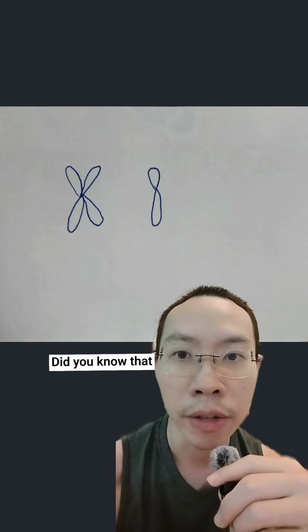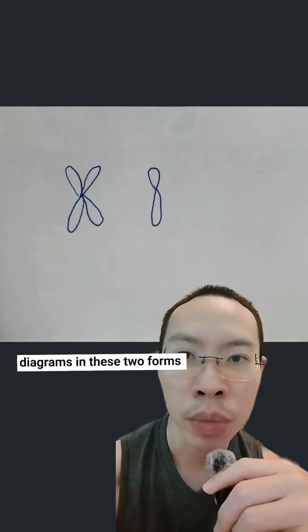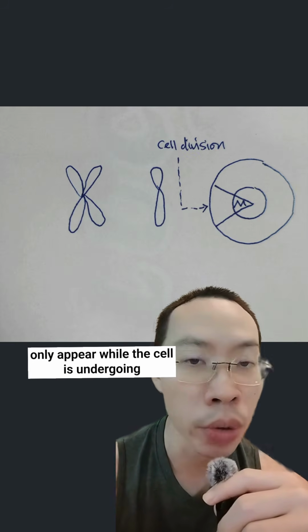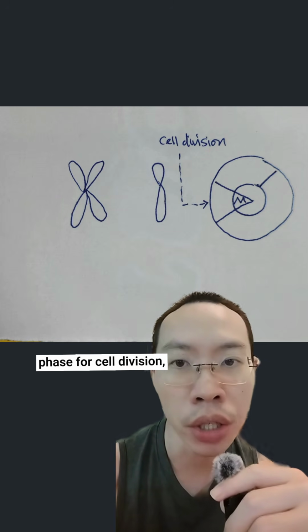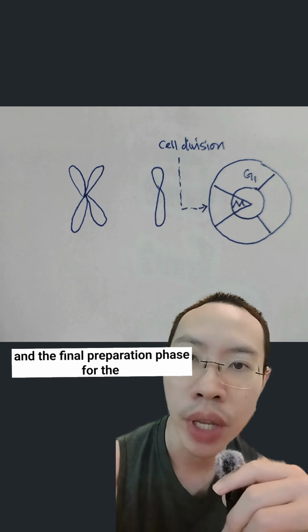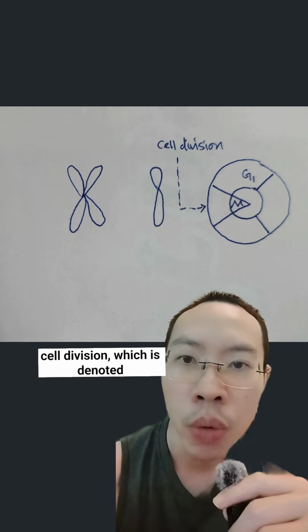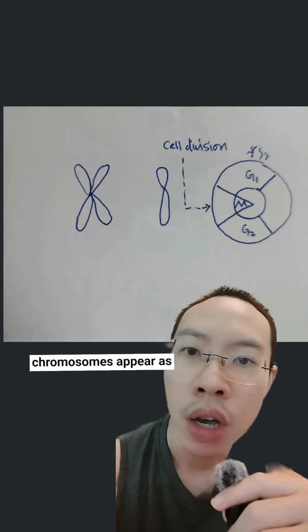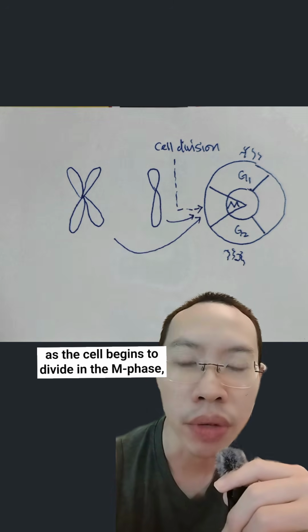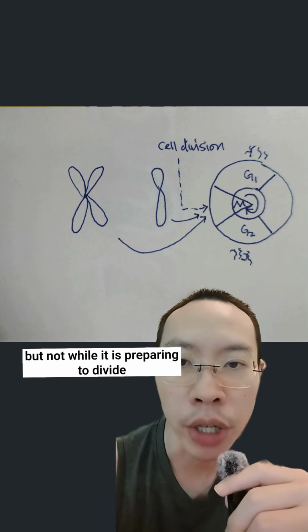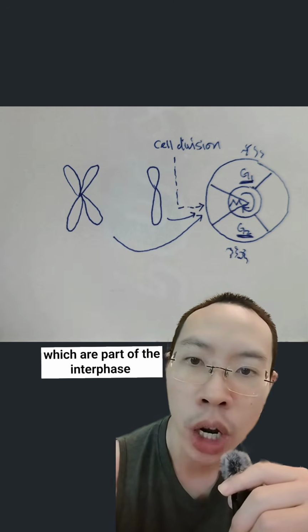Did you know that the chromosomes commonly seen in the diagrams in these two forms only appear while the cell is undergoing cell division? In fact, during the early preparation phase for cell division, denoted by G1 in the cell cycle, and the final preparation phase, denoted by G2, chromosomes appear as thread-like structures that only become visible as the cells begin to divide in the M phase, but not while preparing to divide, as in G1 and G2, which are part of the interphase